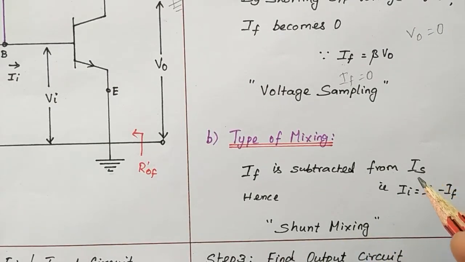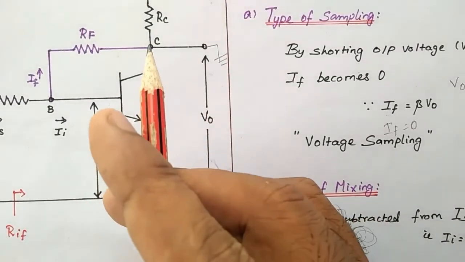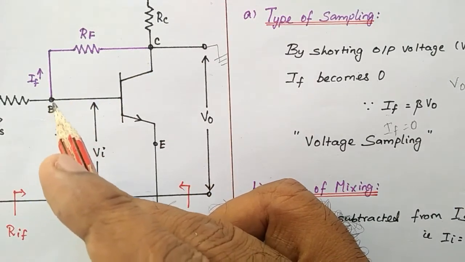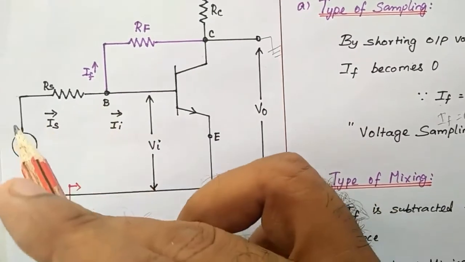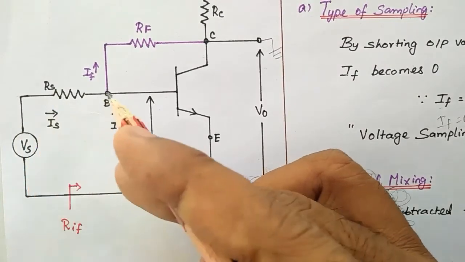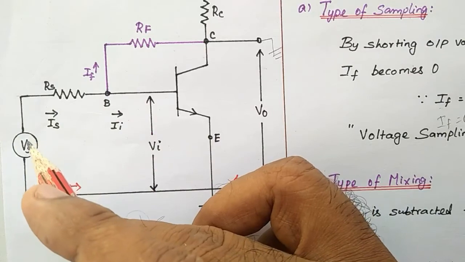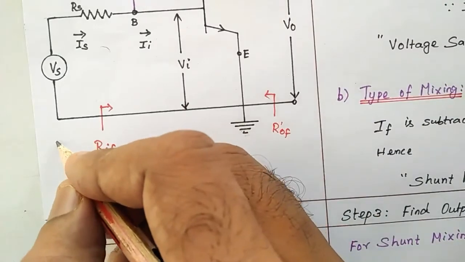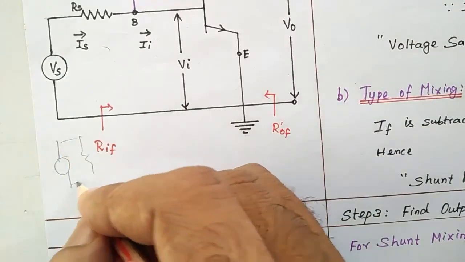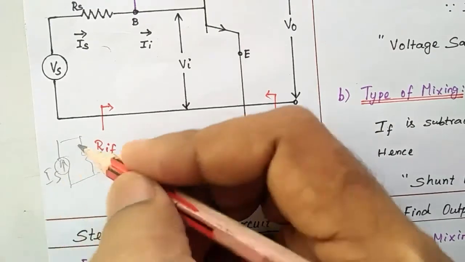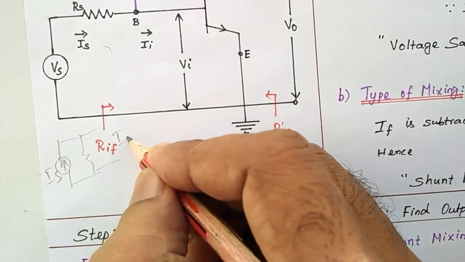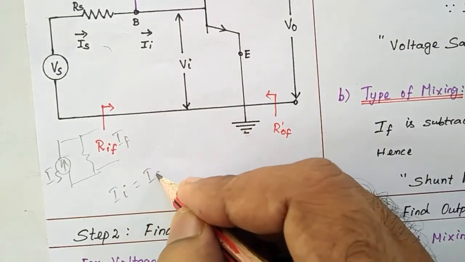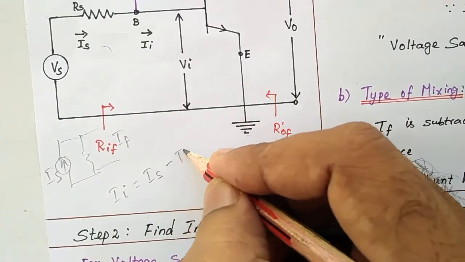In the second step, we have to find what type of mixing is happening. Here IS, the current, is the output, and the feedback signal is fed back as a shunt connection in the input side. If we perform a shunt connection, the voltage source can be converted into a current source. So then only we can make the shunt connection. Hence, converting the voltage source into a current source, the circuit becomes a current source in parallel with the source resistance. This becomes IS. Hence, we make a shunt connection. This is IF. So what happens? I can say the input current is nothing but the difference between the source current and feedback current.